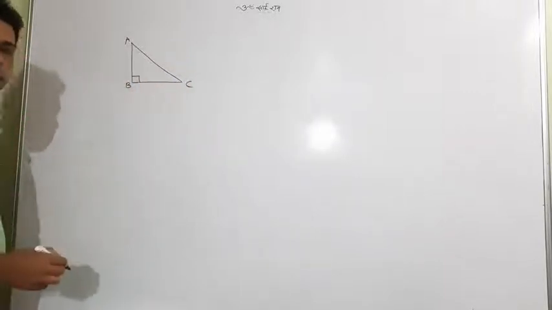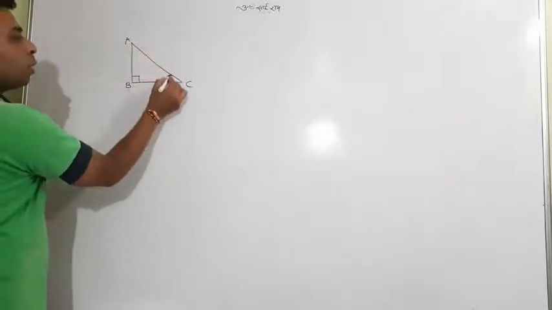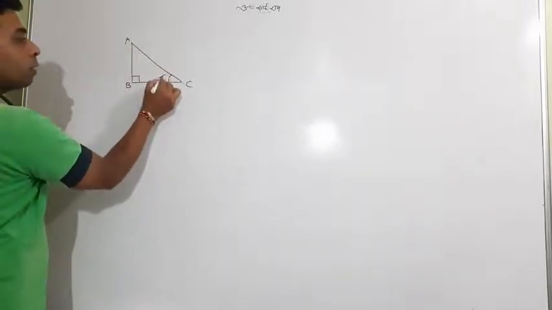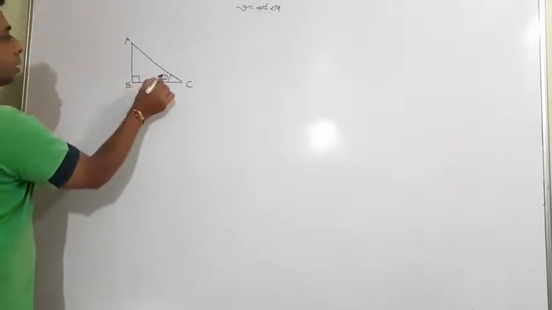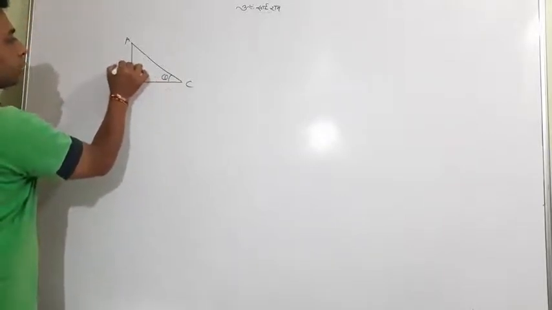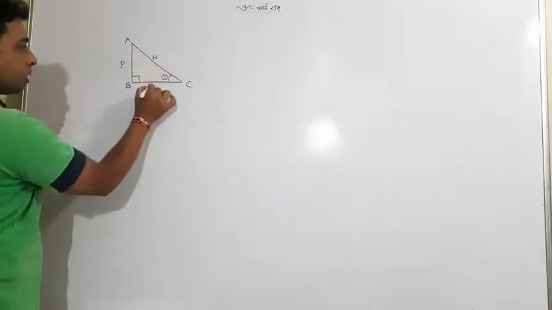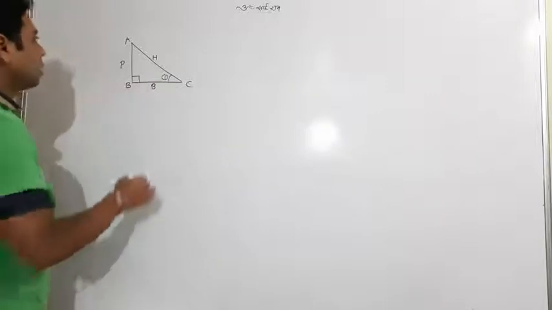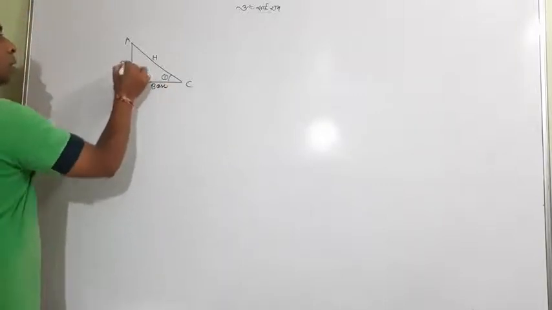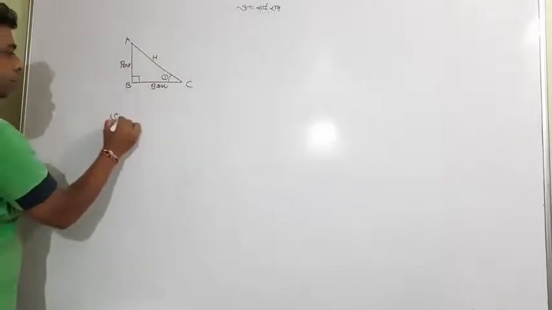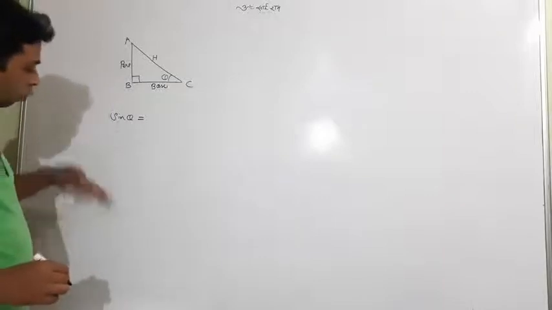In the right angle triangle, we have two acute angles. If you assume one is an acute angle, suppose we name it theta, then in front of that is the perpendicular. The slant line is always the hypotenuse, and the rest is the base. So what about all these three? You remember sine theta,